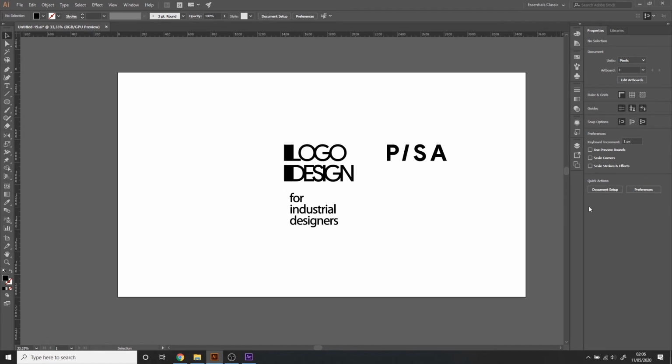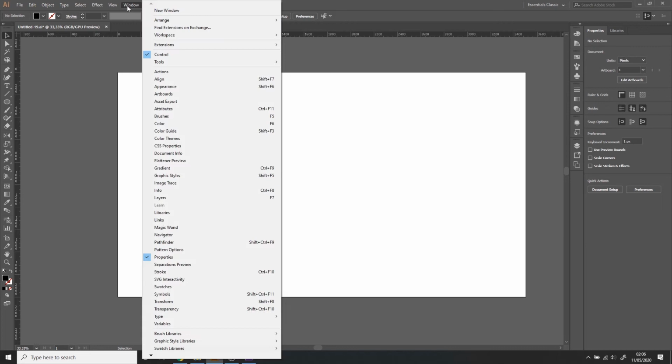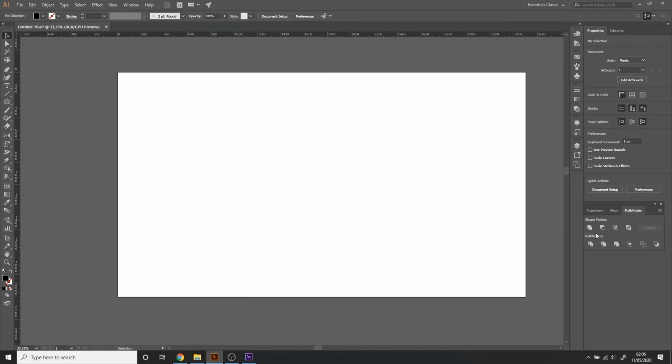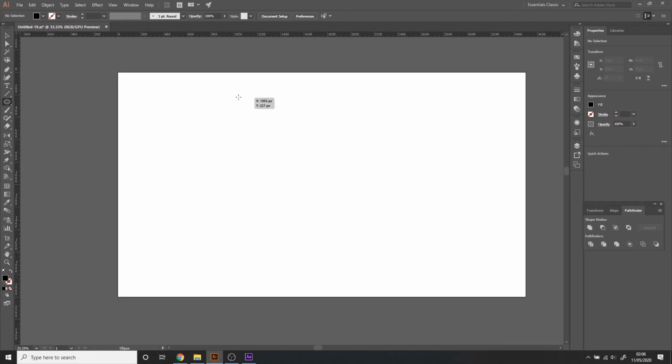Another extremely useful tool is the Pathfinder tool. Let's delete all this, go to Window, Pathfinder, and you have it right here. With this tool you can perform Boolean operations on shapes like intersect, unite, exclude, which I will show you in a second. Let's make a circle,